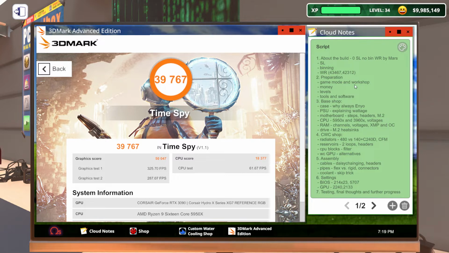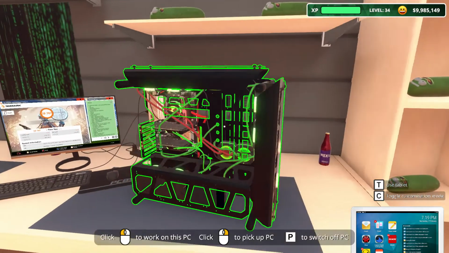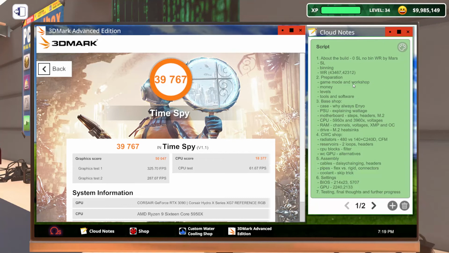Yeah, so what preparation do we need to make? We need to choose a game mode and a workshop. First and foremost, I am going with IT expansion because this is a game mode where all parts are unlocked from the beginning, just like in the esports expansion, but esports feels a little more restricted to me, so I'm going with IT. And for workshop, I'm just using the IT expansion second workshop, simply because this can host the most picker rigs on the shelves. So yeah,